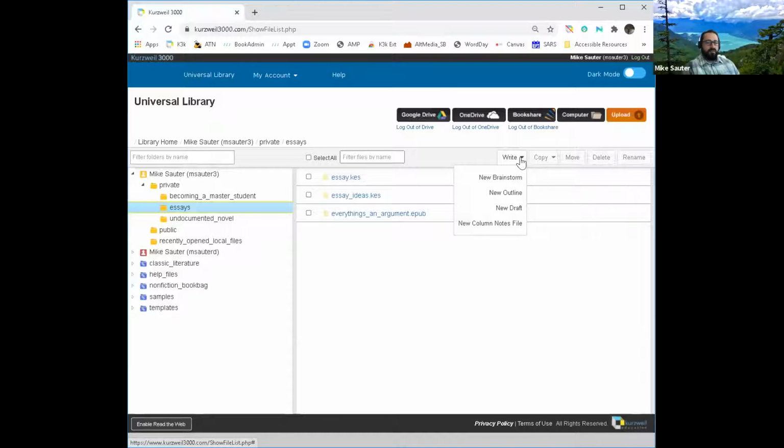And you can read there that the first one is Brainstorm. Brainstorm is a type of document that allows you to visualize your ideas in a pictorial format. So instead of writing out in an outline form or just in kind of a free form document, Brainstorm allows you to apply a little bit of visual context to your ideas.